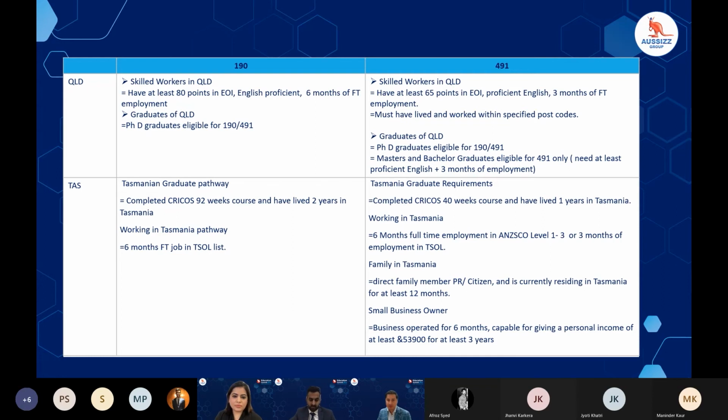also 6 months of full-time employment for 190. And for the 491, you should score at least 65 points in UI, have proficient English, and 3 months of full-time employment. And for the 491, you must have lived and worked within the specified postcode. In Queensland, there are certain postcodes, so you need to be living in that postcode